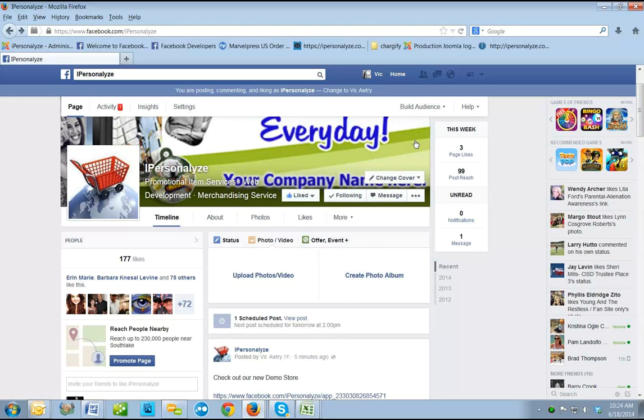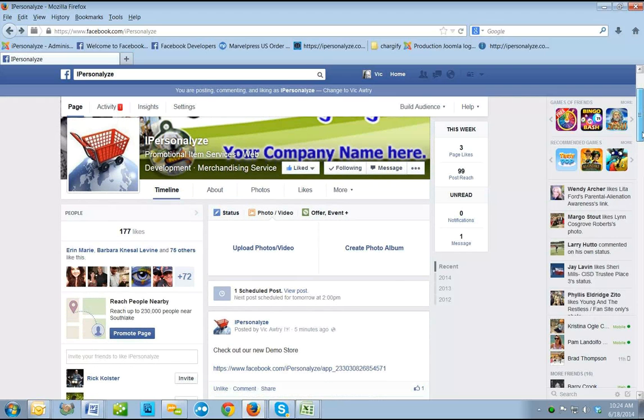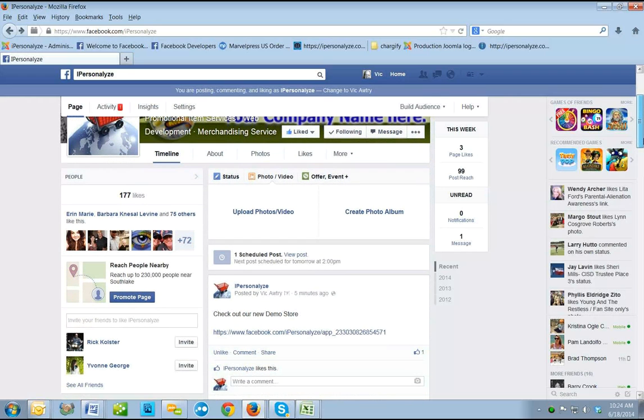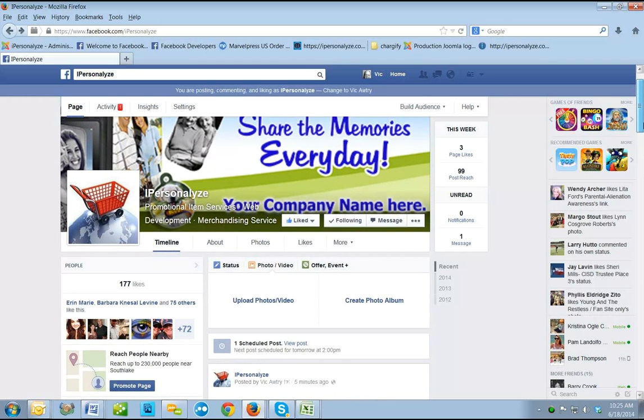So if you have a newsletter service like Constant Contact, iContact, MailChimp, there's a whole variety of those out there, you can, on a regular basis, ask people to give you their email address. Now, let's say you have a big email list and you want to add them as fans to your Facebook page so that they are now opt-in